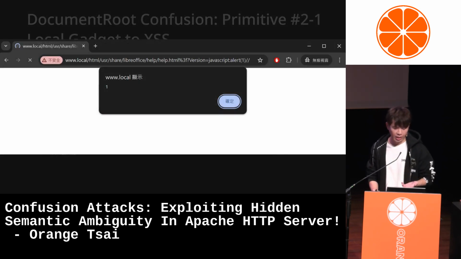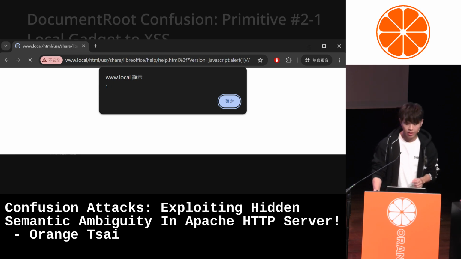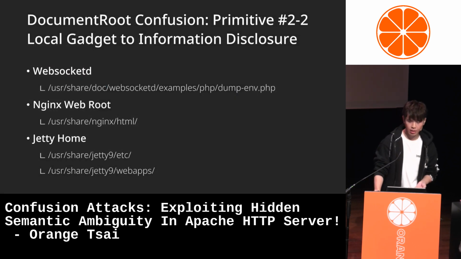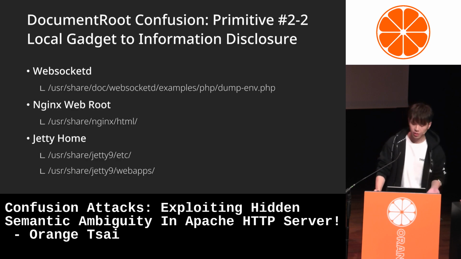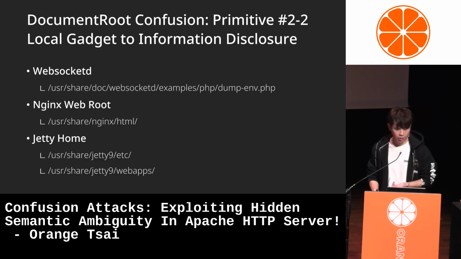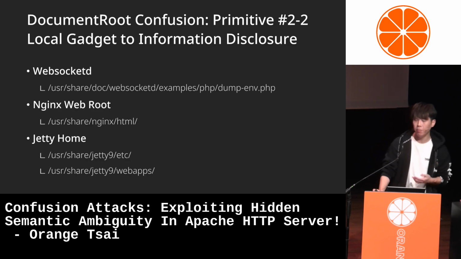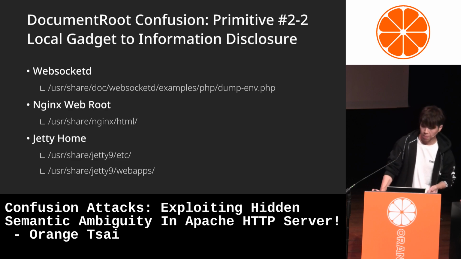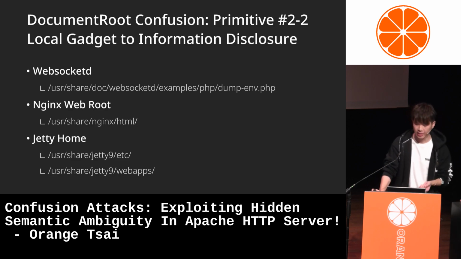We can leverage the language switch feature in the help files to achieve access. Or we can disclose sensitive information. For example, if you install WebSocketd, the daemon will by default include an example PHP script called dump-env.php. You can directly access the file to leak sensitive